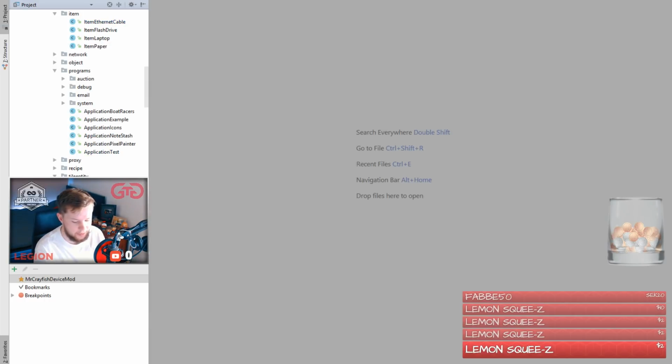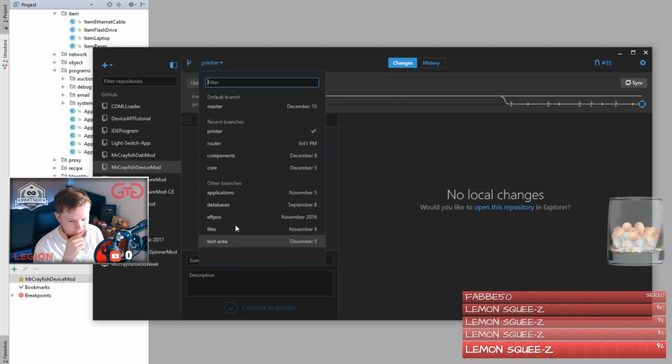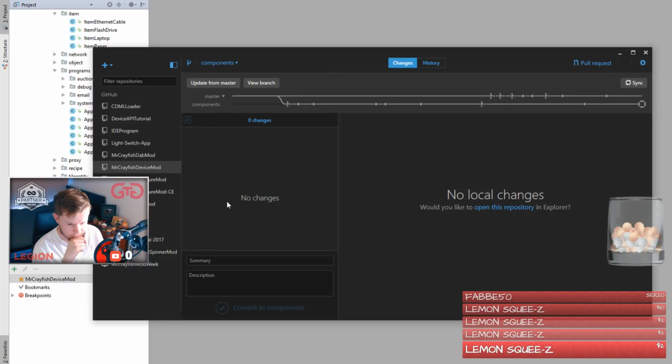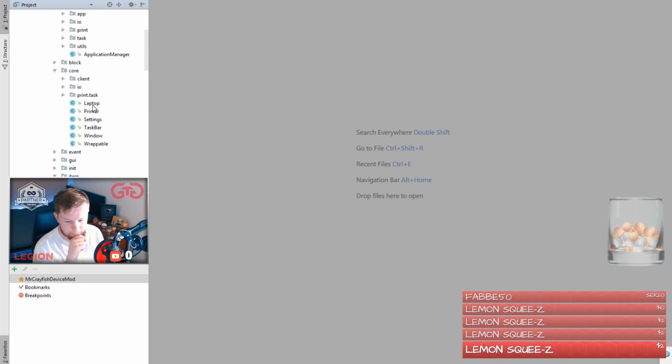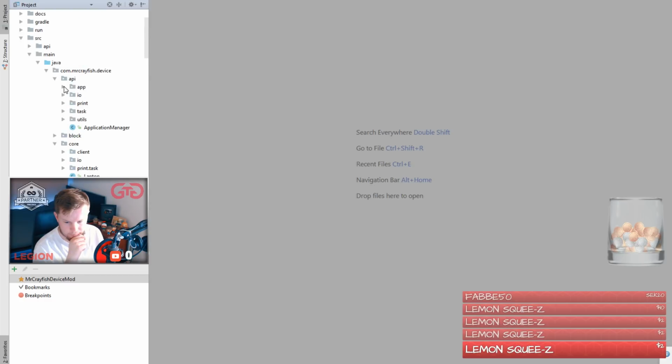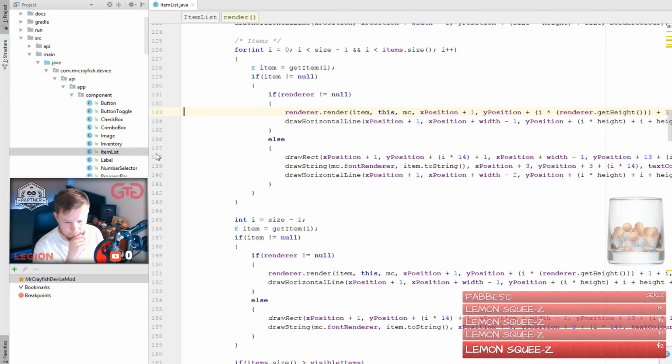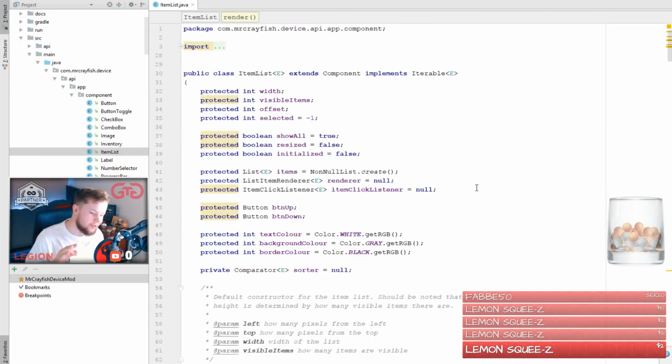Alright, so that's working. We're actually going to switch over to rare. We haven't gone to this in a while. Components. Let's update it from master to make sure we got everything right. I think it was item list, right? Because a lot of